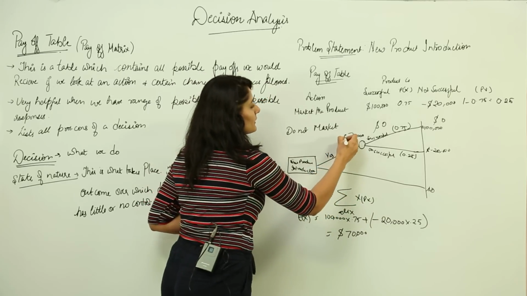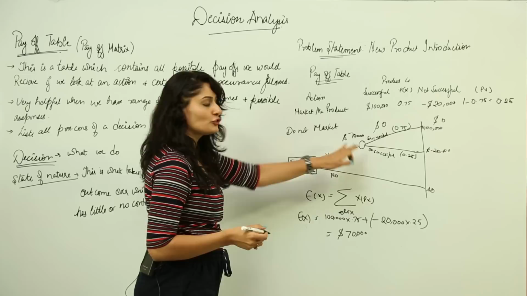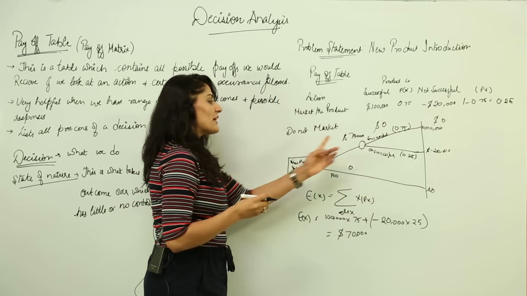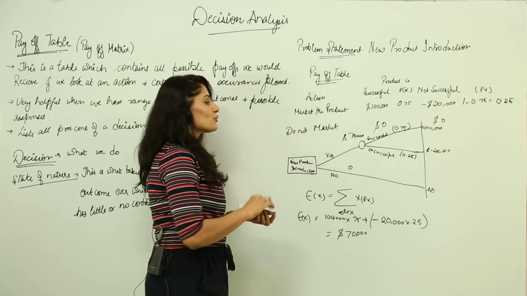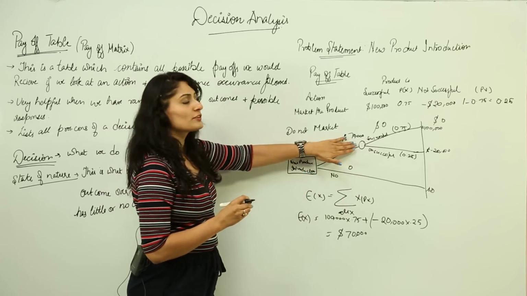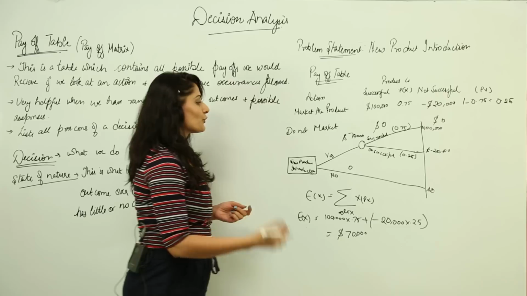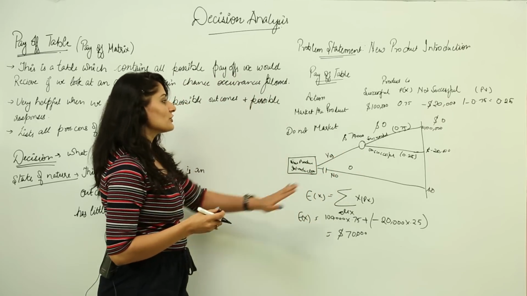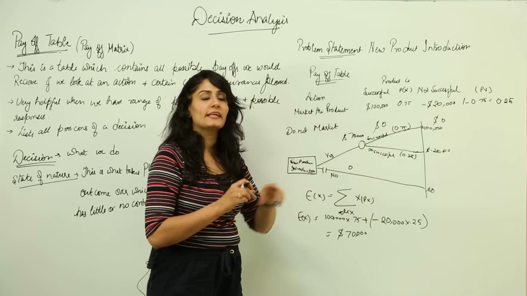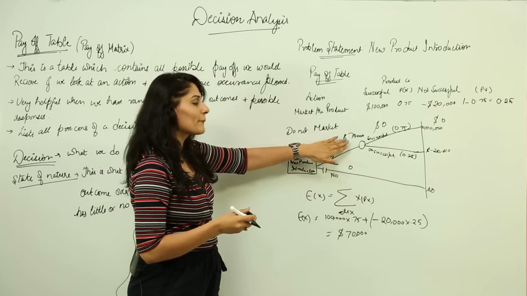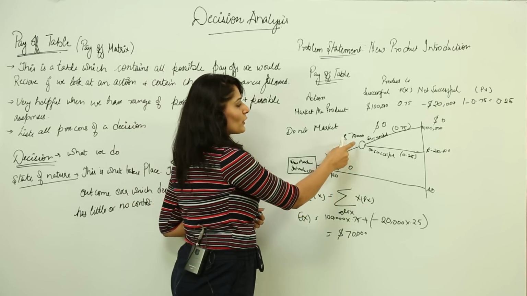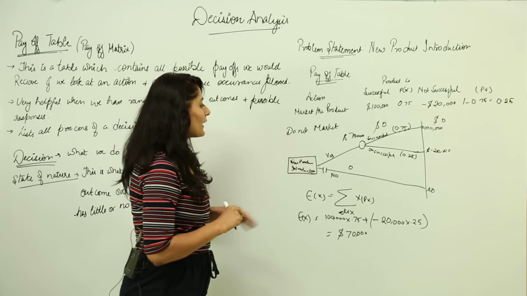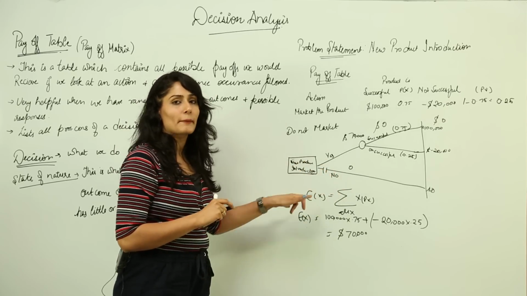So now this is the utility of this branch, and the utility of this branch is what? 0, because we have done nothing. So when we compare these two values, which one is greater? Obviously you know this one is greater. So what are we going to do? We will clip this branch. This is how we clip it. So this means obviously 70,000 is more, in case it's successful or not successful, I am going to earn something. So I am just going to choose this branch, that is I would go ahead with the decision of marketing this thing, right. I am not going to choose this one, so I am going to clip this branch.